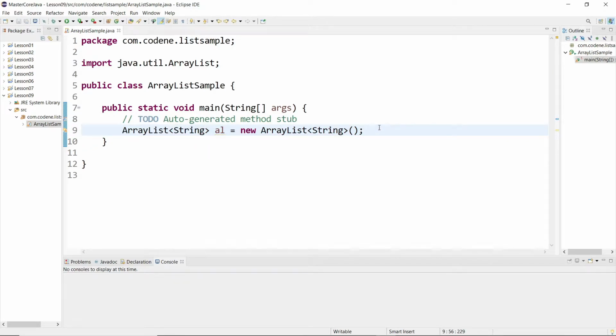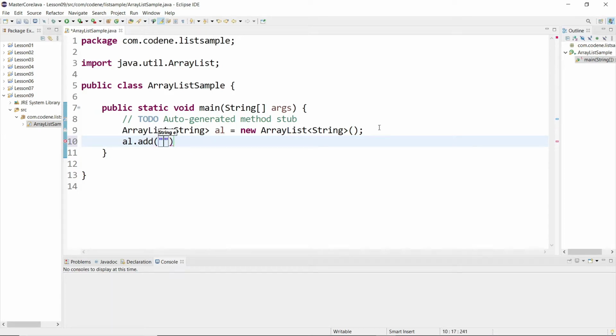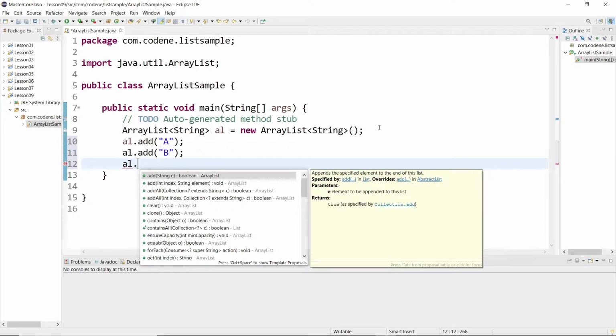Now array list works like a dynamic array. That means you can keep adding new elements, for example a, then you can add b also. In an array, you used to declare a size of the array, but in array list you don't have to do that because it can grow dynamically.